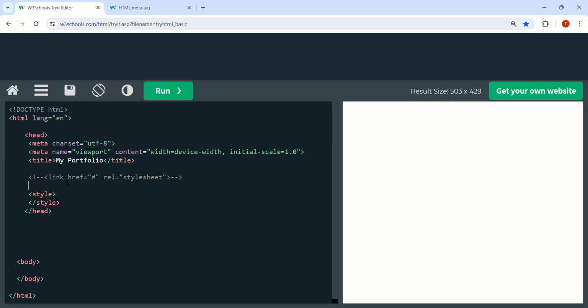And we have the href, so the hyperlink reference to the style sheet, and that could be a local file, it could be a local path or a URL. And then we also have this relation attribute, and what that means is how is this linked item or document related to the HTML page, and in this case it's a style sheet. Okay, all right,